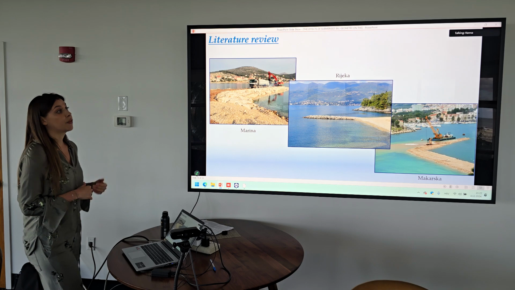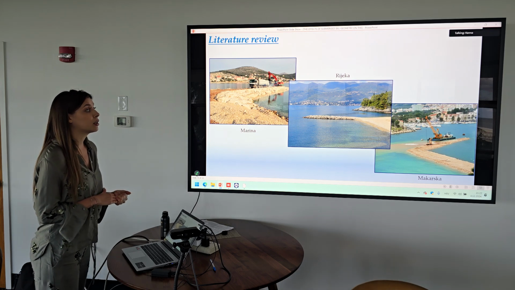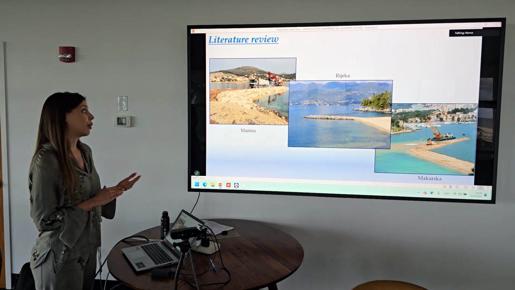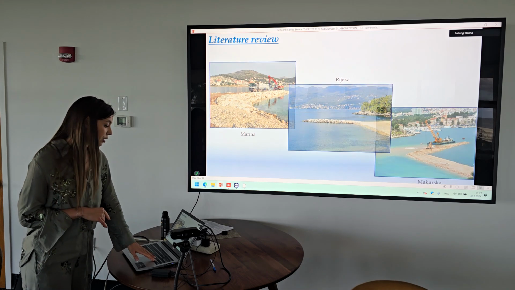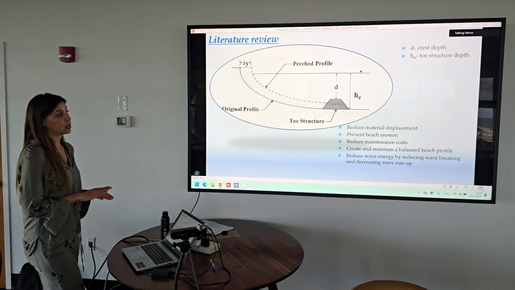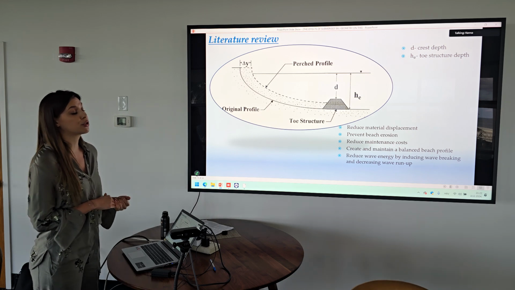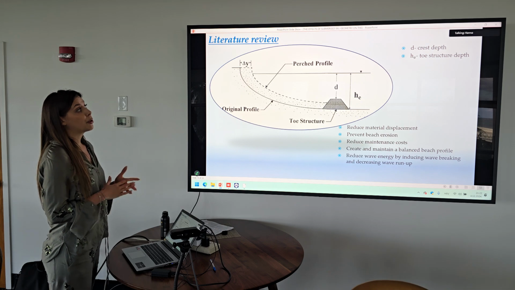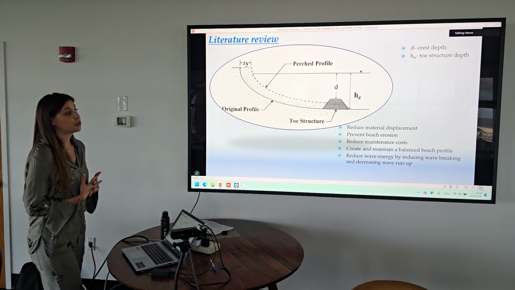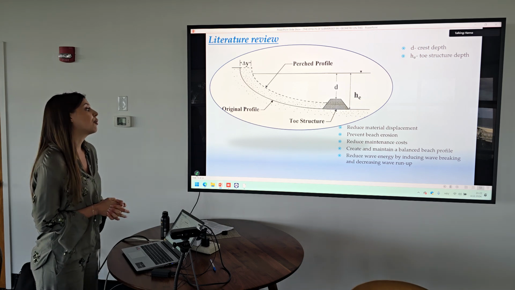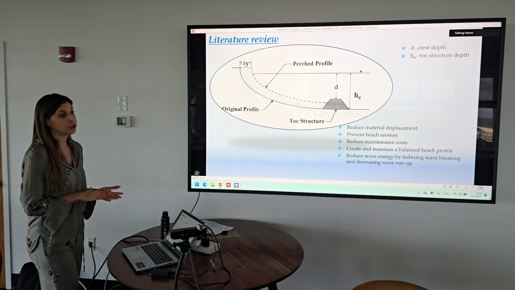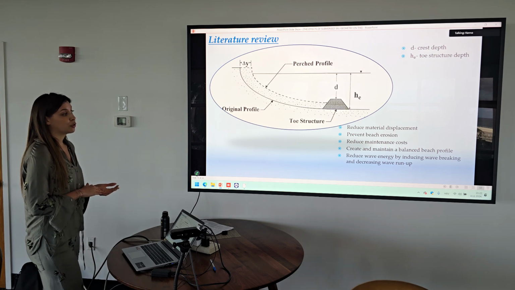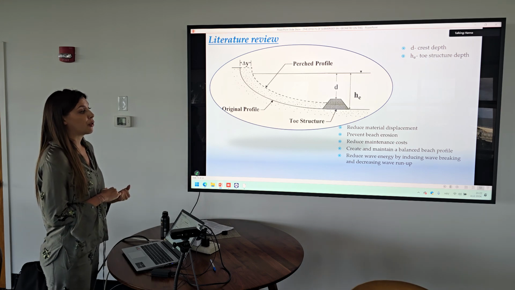However, few studies have focused on precisely defining the most suitable geometric parameters of submerged sills for artificial gravel beaches. Such construction could reduce material displacement and prevent beach erosion, and consequently reduce maintenance costs. Although the primary purpose of the submerged sill is to create and maintain a balanced beach profile depending on sill geometry, particularly on the depth of the sill's crest, it can also reduce wave energy by inducing wave breaking and